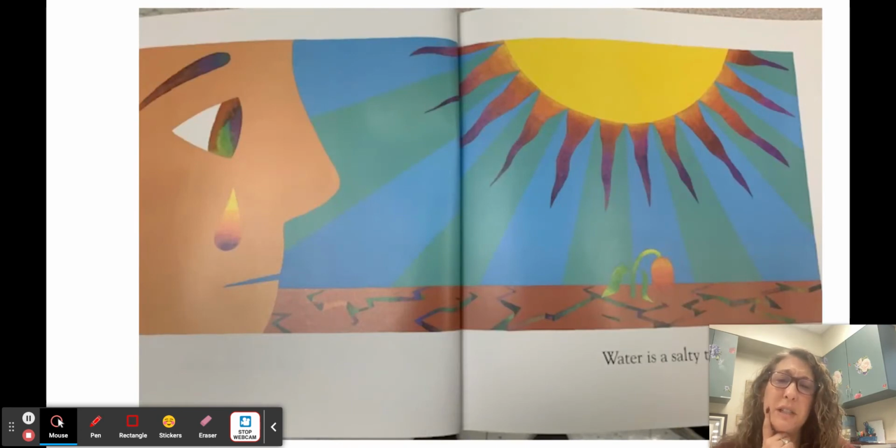Water is a salty tear. So we make water from our bodies. Not that we would want to drink it, right? When we sometimes taste our tears, they do taste salty. So that's not really something we want to drink. But isn't it interesting that we can produce some water? And I have seen, you know how I talk about my Max. My Max, when he's running and playing soccer, he is drenched in sweat, which is another kind of water that your body can produce, running around on that soccer field.